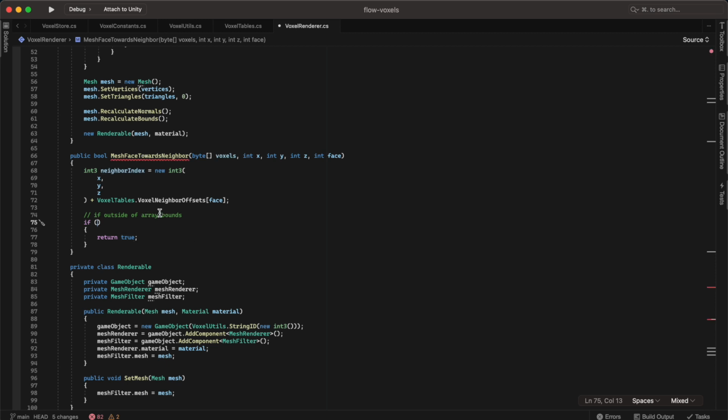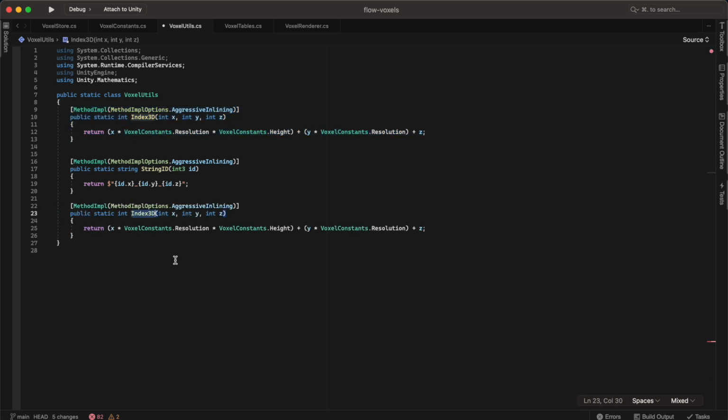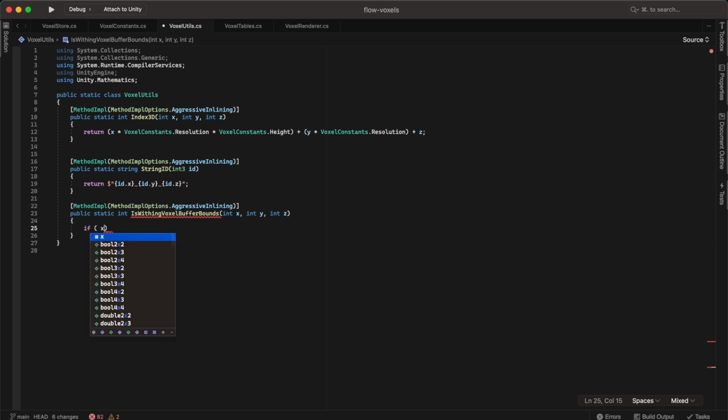All right, I'm just going to add a new method here. I'm going to copy this, paste this, and it's going to be IsWithinVoxelBufferBounds, XYZ, and what we're going to do is if x is greater than or equal to 0,